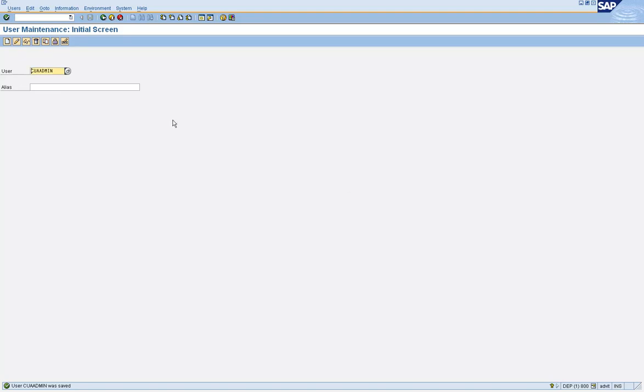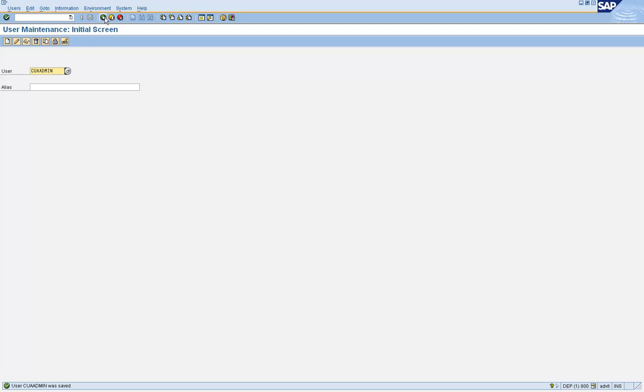The next step, the second step in the process of setting up the CUA, is to define or give a name to the clients in the individual systems, and these names are called logical system names. We need to do this because every client has to be identified by other clients by some name. That name is going to be the logical system name for each client.